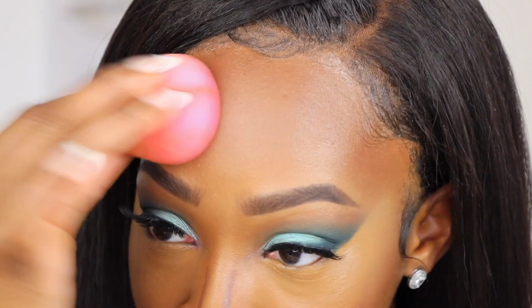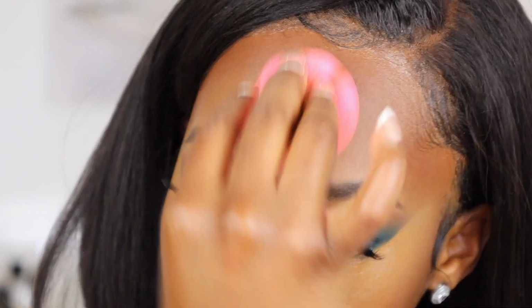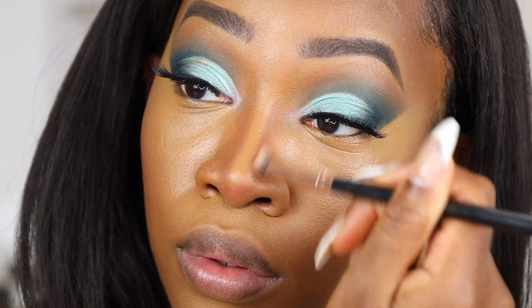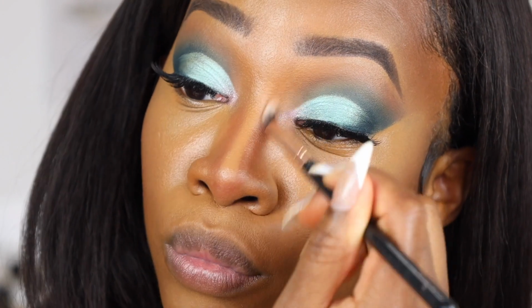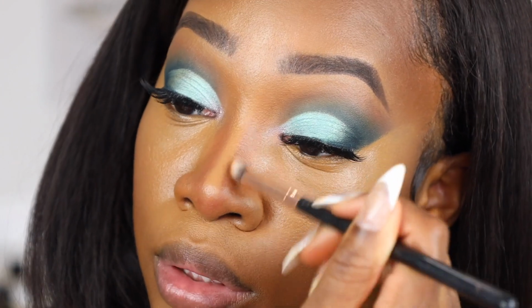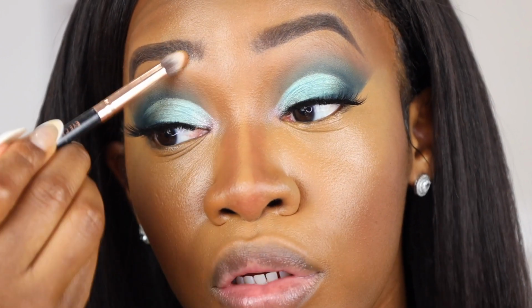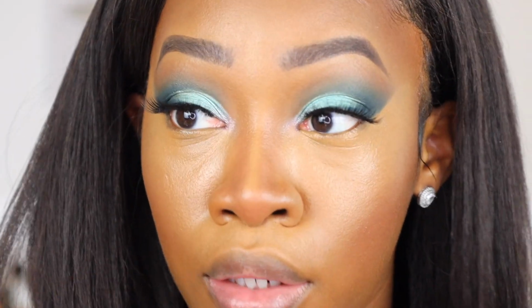I'm gonna go with the butt of my beauty blender to just blot it out and make sure we have that ombre feel. Go ahead and make sure this is nice and blended as well. And also bring this up to that brow, which gives us a very professional type of look. And I'm gonna take my sponge to soften